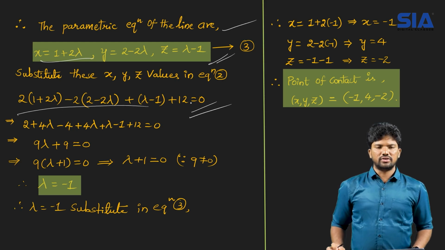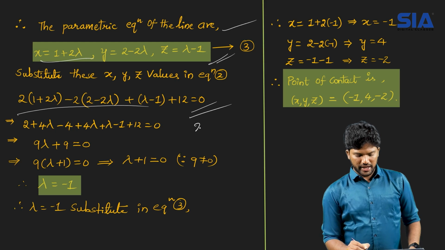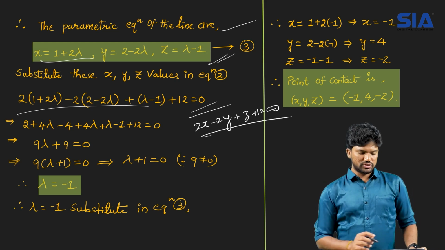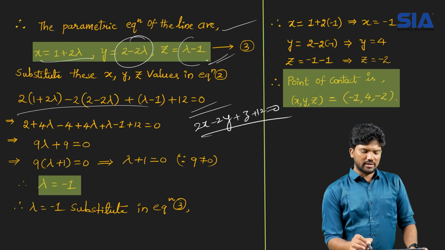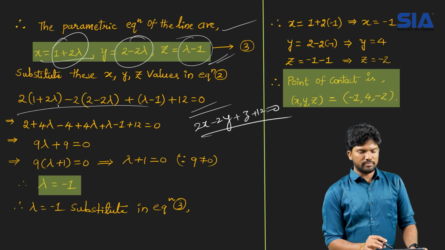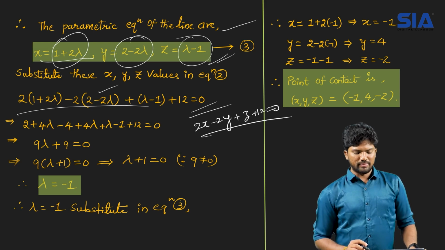So therefore, 2 into 1 plus 2 lambda. What is equation number 2? 2x minus 2y plus z plus 12 is equal to 0. Wherever you have x, y, z, substitute the corresponding values in terms of lambda in equation number 2. So 2 into (1 plus 2 lambda) minus 2 into (2 minus 2 lambda) plus lambda minus 1 plus 12